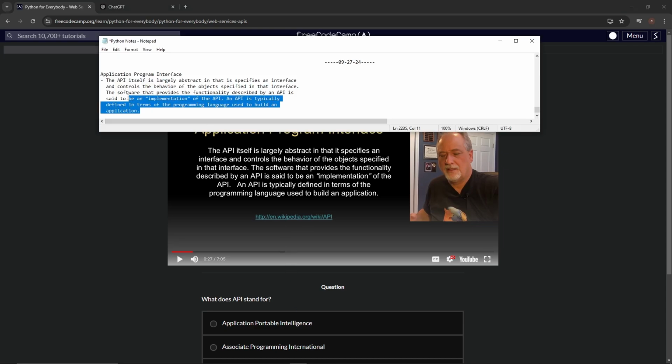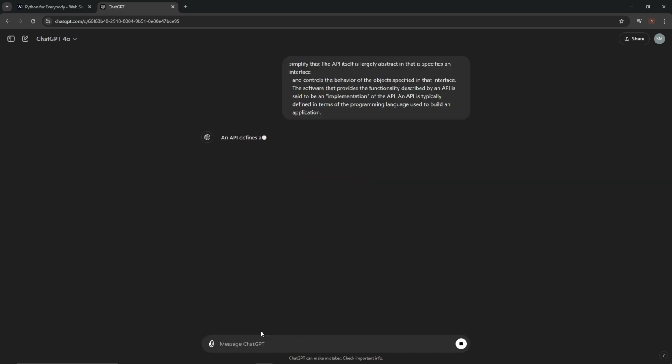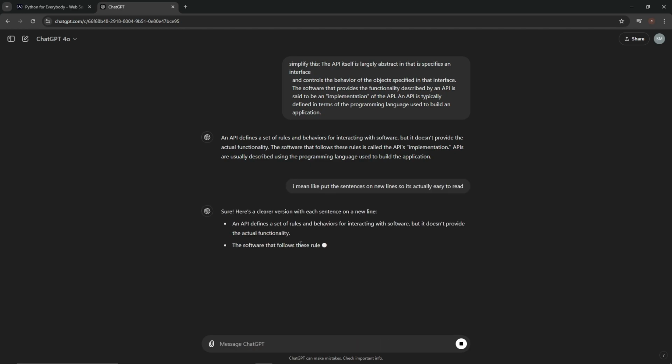Let's copy this, and then come over to ChatGPT and say, simplify this. Put the sentences on new lines so it's actually easy to read.